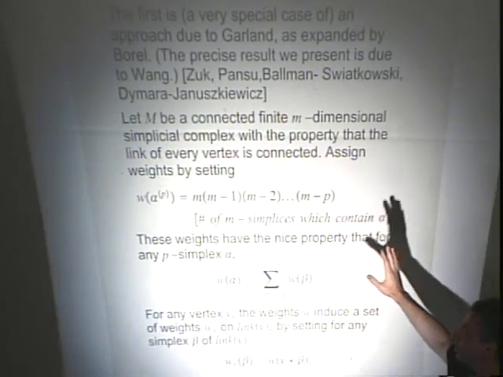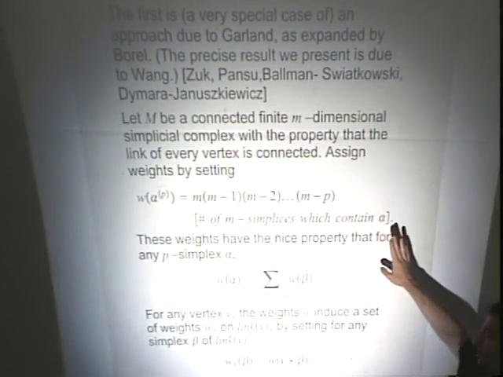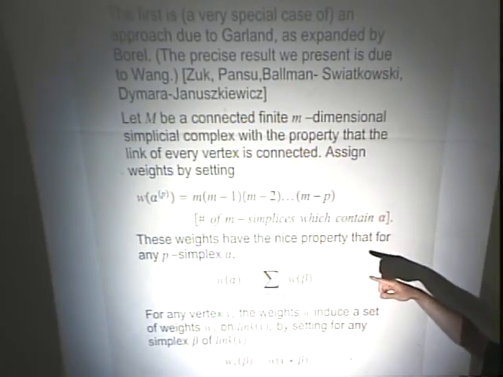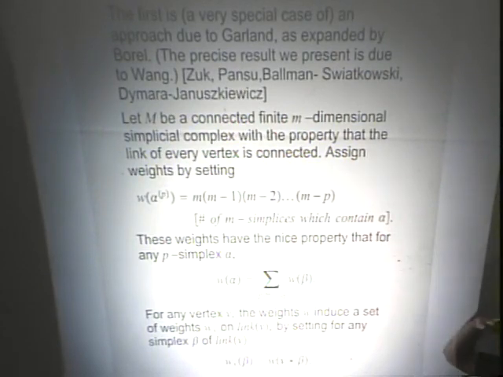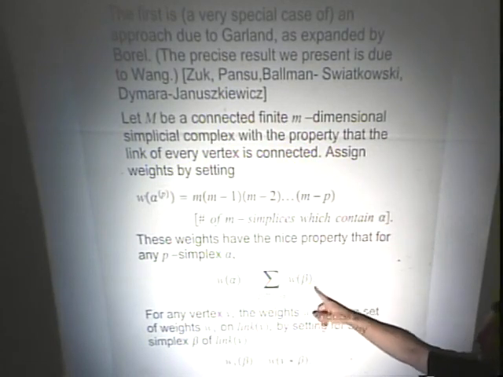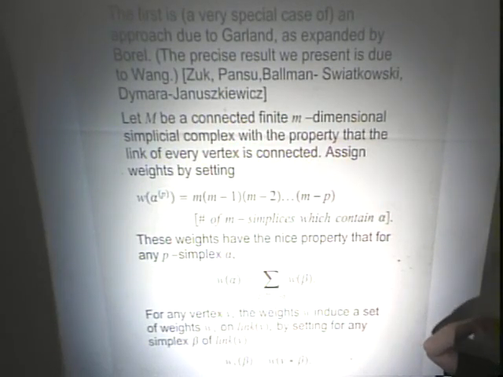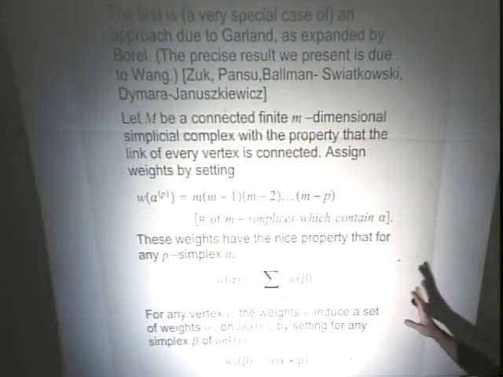Now, to do this on a general simplicial complex, you have to choose a very special set of weights. It doesn't have to be precisely this weight, but something like it. So this is a very strange weight. Attached to the weight of a p-simplex is some constant times the number of maximal dimensional simplices which contain that simplex as a face. Okay. It's a strange formula, but the point is this relationship, that the weight of a simplex is the sum of the weights of all the simplices one dimension higher that contain it. And you'll see where this relationship plays a role.